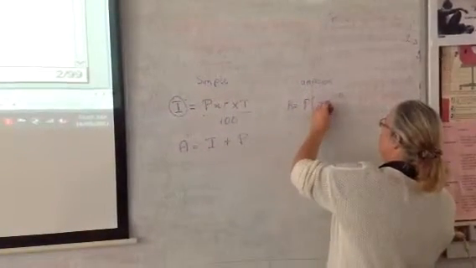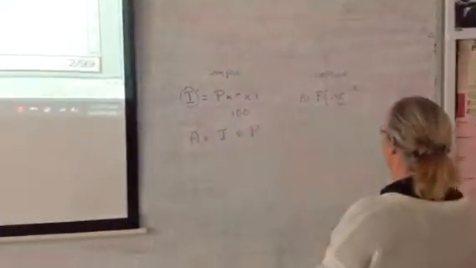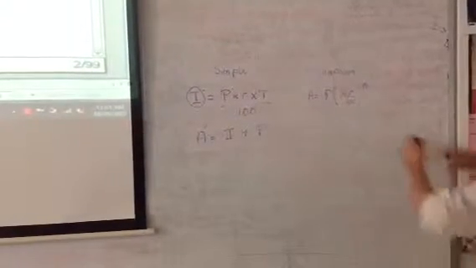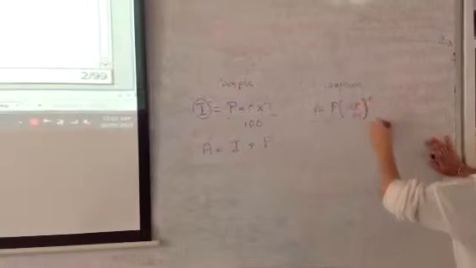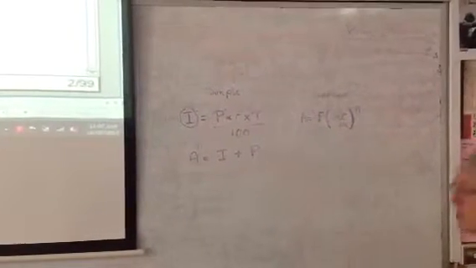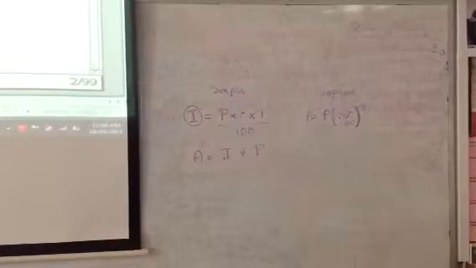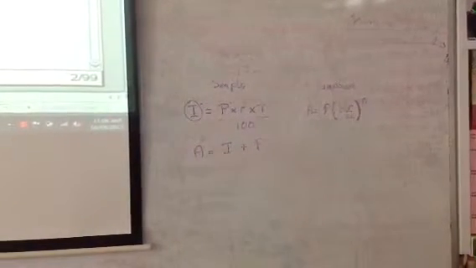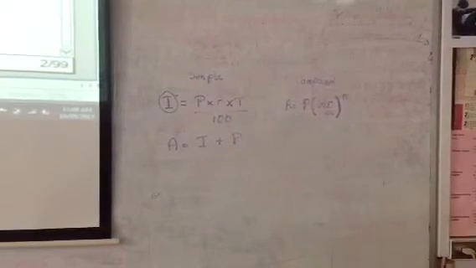What's the R? R is the interest rate, so 8. Okay, and what does N represent? N's the years? No, it's not always years. It's the number of times interest is calculated over the whole deal. So this was a nice simple one because my 8% per annum, per annum is per year, was, excuse me,